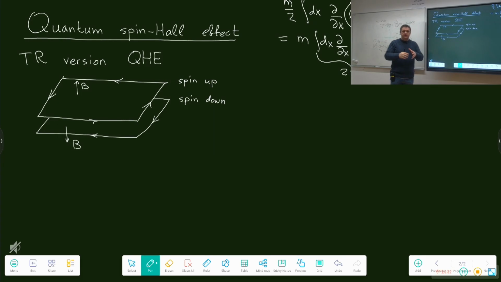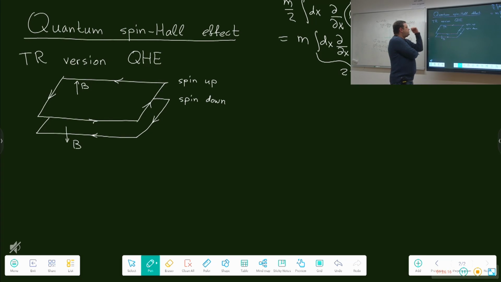So it's possible actually, if we have a system, it's not a real magnetic field now, it's a very strong spin orbit coupling. Spin orbit coupling looks like this. The electron has an orbit, it has some trajectory, it moves. And when it moves along its trajectory, it feels some effective magnetic field, so its spin tries to align according to momentum. So it's like we have a momentum-dependent magnetic field, which acts on the spin. And this momentum-dependent magnetic field is such that if you move in this direction, you feel the field up, and if you move in the opposite, you feel the opposite. So, to be more specific,